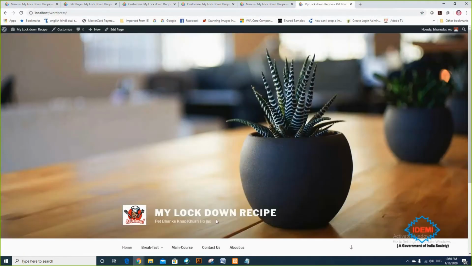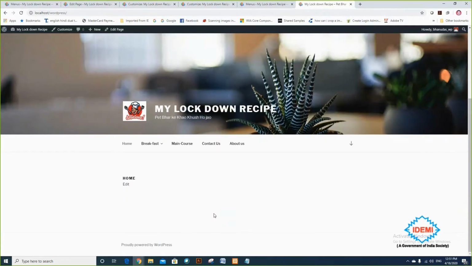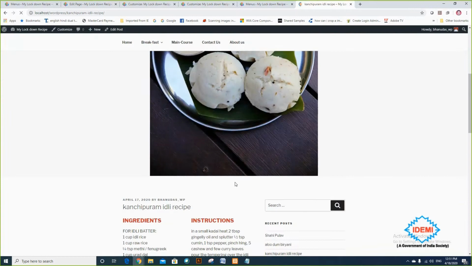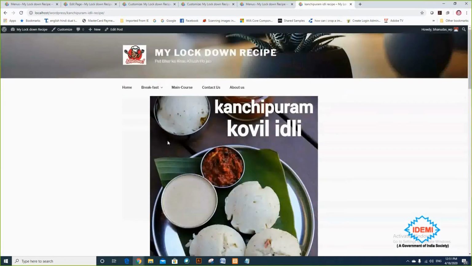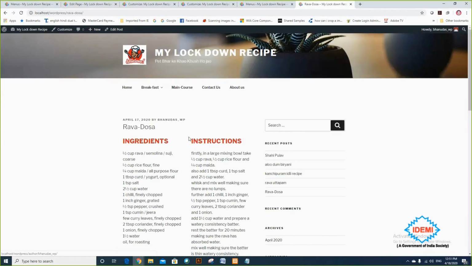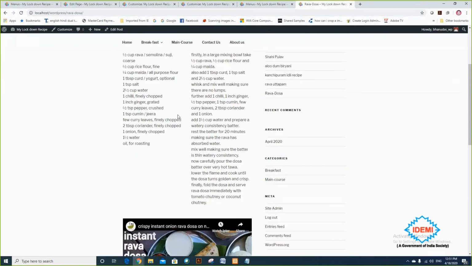WordPress and selecting my, look at this portion, there is an arrow, indicating that these are the posts. So I'm calling this post under the request. Now the post is getting called. Okay, so only one post is getting called, second post is getting called, third post is getting called. Okay. So why is Ravadosa not appearing? Because we have not put a feature image there. That's why it is not appearing.